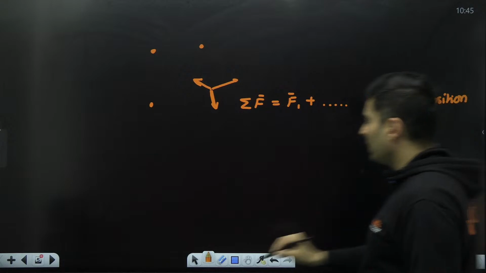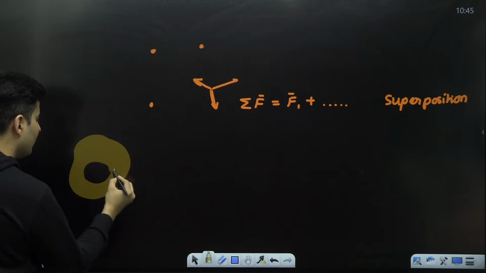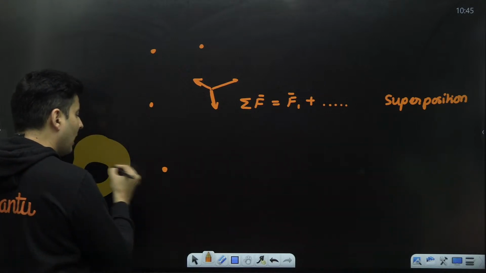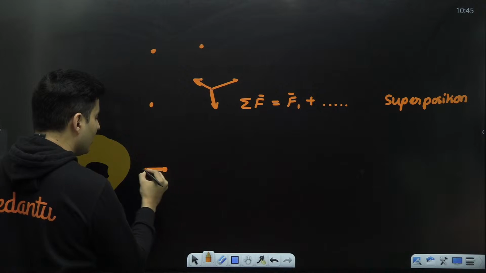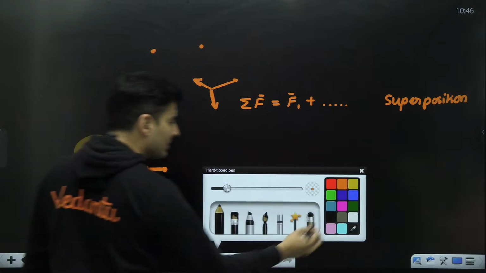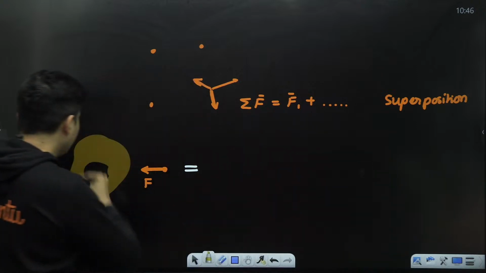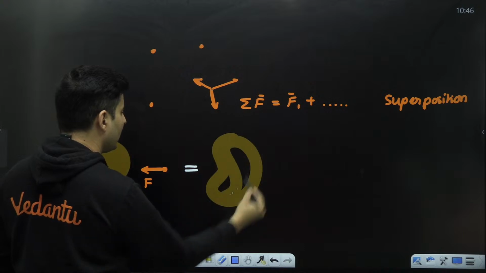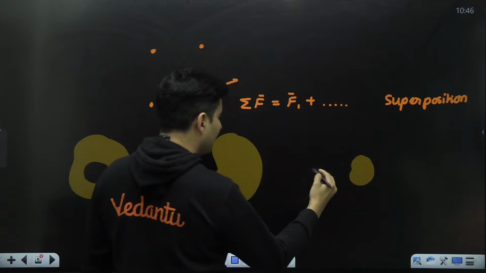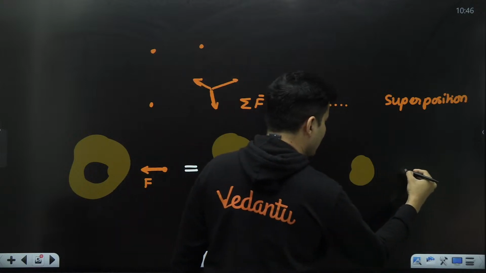One of the direct applications of the superposition principle is this: if you have a body with some cavity, and maybe there is some mass or charge over here, and you want to find out how much force will be acting on this particular one, then what you need to do is take the whole body without the cavity, and then take just that cavity part, and then take that same mass over here.